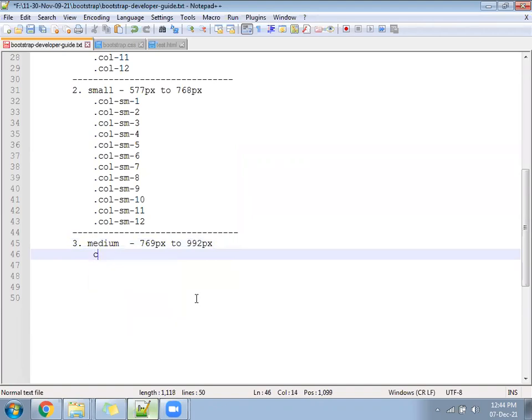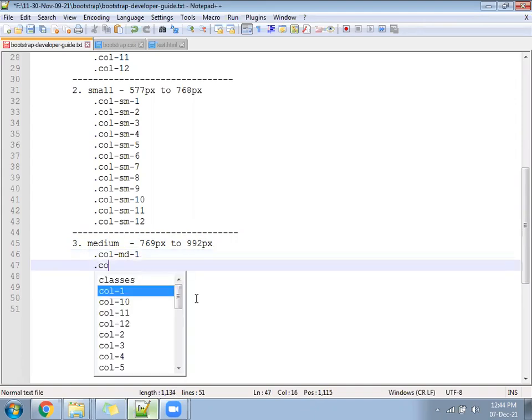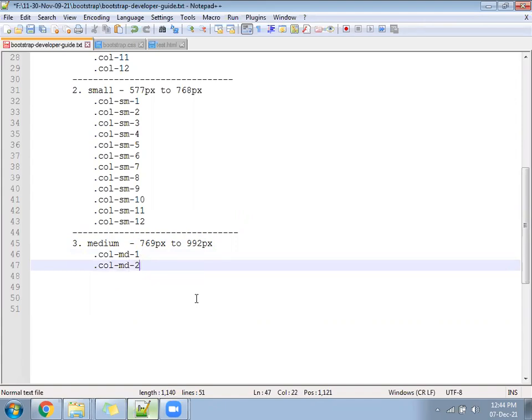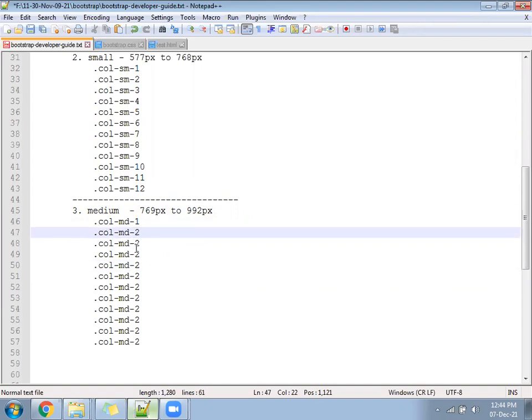You will follow dot col-md-1, dot col-md-2, 3, 4, 5, 6, 7, 8, 9, 10, 11, 12.